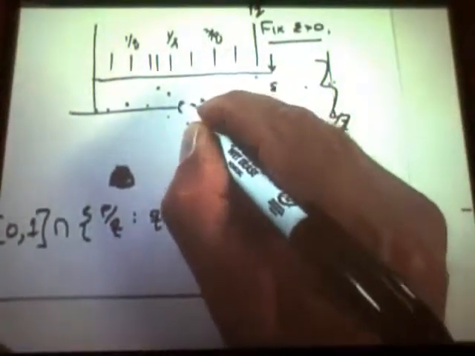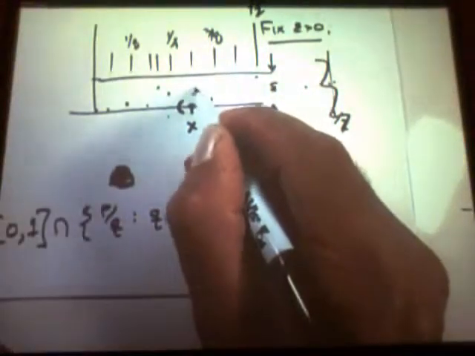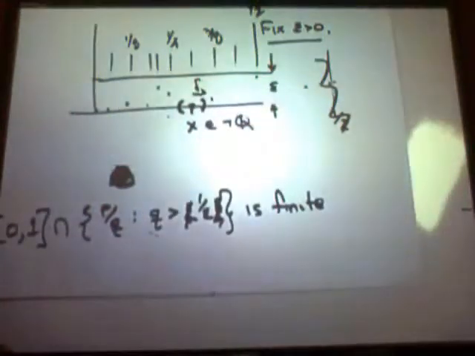Then I pull my horns in until I can make a symmetric interval around x that excludes all these other ones. Okay? All right. So what's the variation of the function on this little interval now where I found my delta? It's double